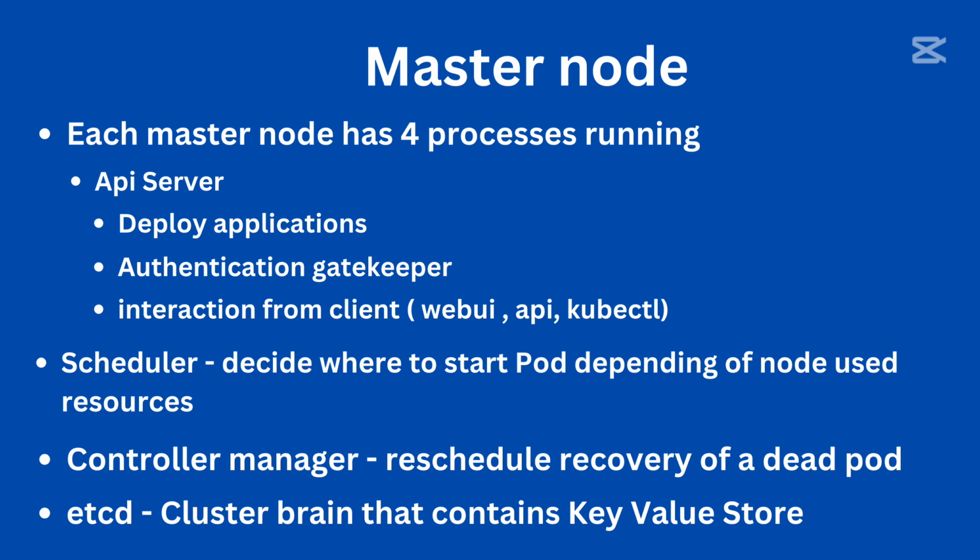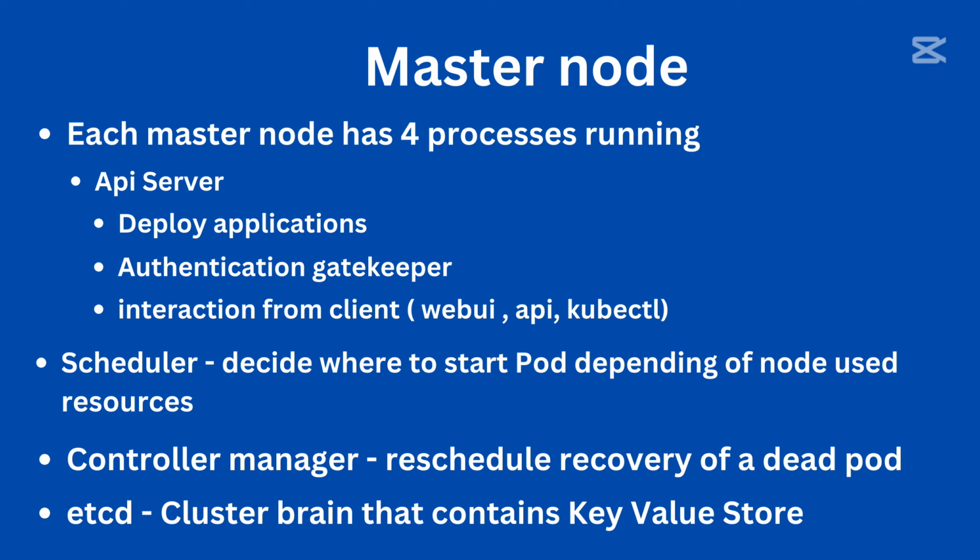A master node is like the boss of a Kubernetes cluster. It has four important processes: API server, scheduler, controller manager, and etcd. The API server puts applications in place, acts as a security guard, and talks to clients, like the Web UI, API, and kubectl. The scheduler decides where to put resources based on what's available on the nodes and spreads them